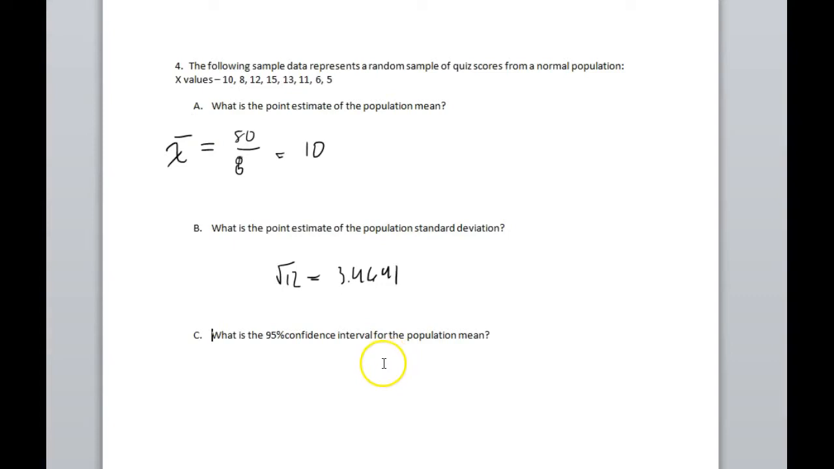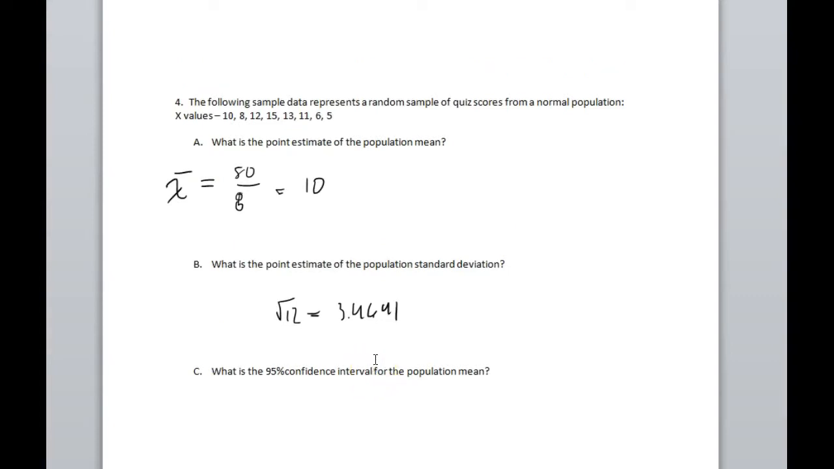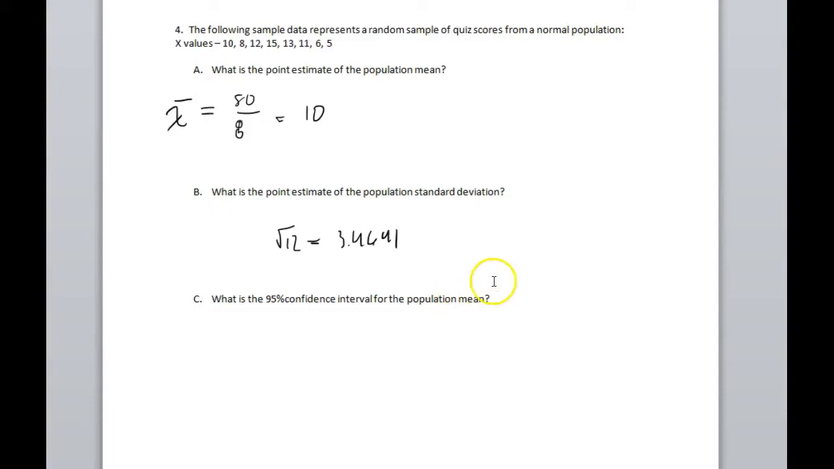Okay, so first thing we need to note is how many pieces of data do we have? We have 8 pieces of data. So let's just note that we have n equal 8. And so that means that our degrees of freedom, which is just n minus 1, is 7. Okay? So we get a degree of freedom of 7. And it's asking for a 95% confidence interval. Okay? So 95% confidence interval, say 95% CI